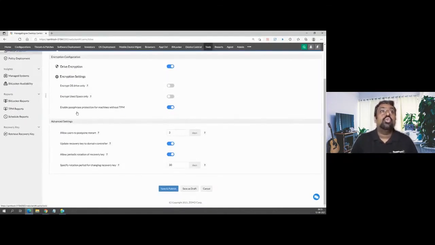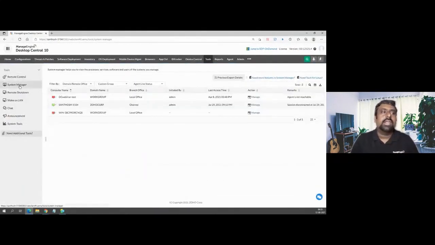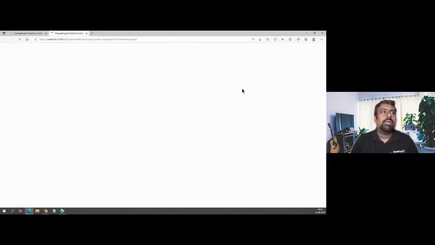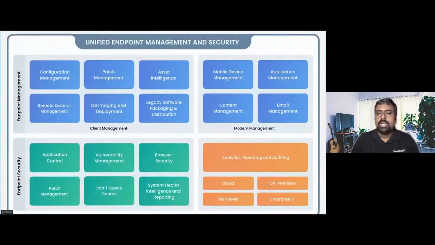And finally, coming to the remote management, right? You can take remote control of devices, remote management, like I was talking about, virtually running a command prompt. If you'd like to run a command prompt, I could do that from wherever they are in the world. I should be able to run a command prompt. They will not even know that you're running it. From an administrative perspective, you could run a lot of scripts, or you could clear a lot of issues if you're able to do remote management from what you see on the screen. So this is Desktop Central from ManageEngine. And if you'd like to know more about the products, please do get in touch with us.